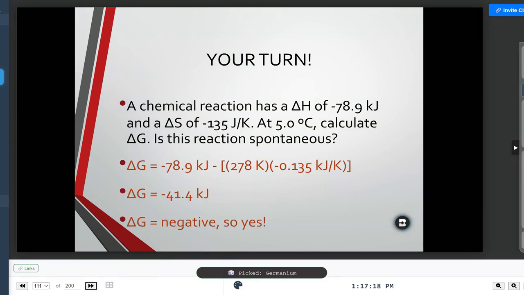So let's look at our answer. Oh wow. Okay. And again, we were asking about what was happening to our temperature. This temperature here could be 278.2. But when you multiply your 278.2 times your negative 0.135, the answer here is going to have 3 sig figs, right? Because when you multiply, your answers are going to be to 3 sig figs because it's the least that you have to get it in common. And so you have a 3 sig fig value and a 3 sig fig value that you're subtracting. And so then you would still try to make sure you see what's in common.